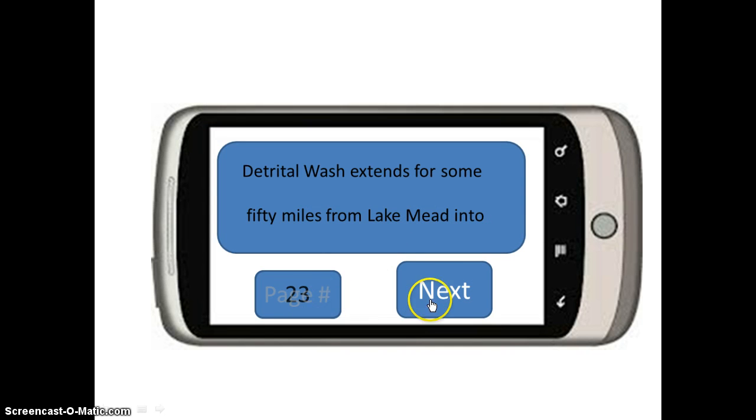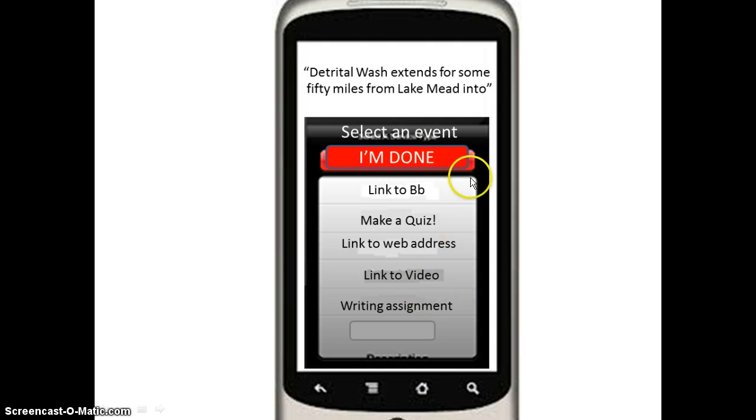We put in our page number so that it ties into that, and hit next. Now notice at the top it's locked in the words that we used, displaying them here. And we have the ability then to link it to Blackboard, so that if the phone camera finds it, it makes a quiz, and it links to a quiz. Link to a video, writing assignment, but we are going to link to